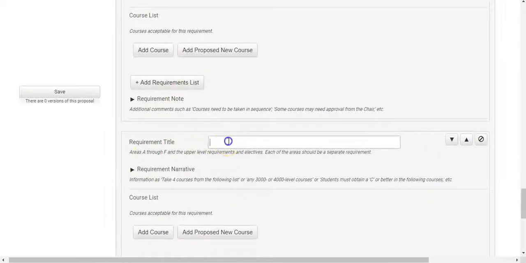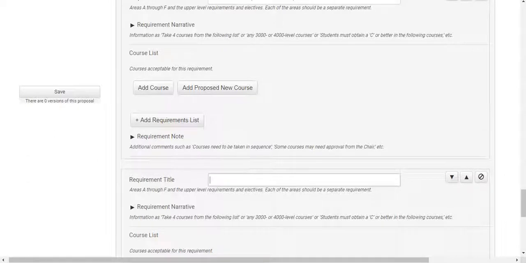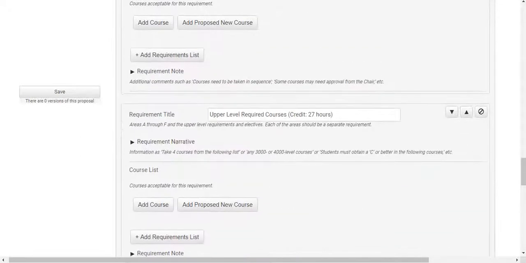Then I have my concentrations. And then I have my general electives that are 18 hours. So now that you have your structure,